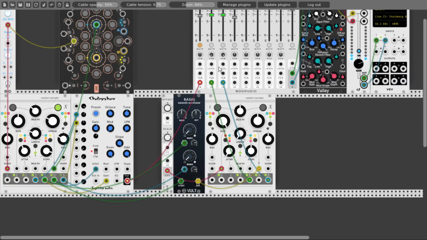So let's first quantize the signal. And you can hear it's much more fuzzy already, and play with the spread and bias. We can also lock the sequence and create even more weird effects.